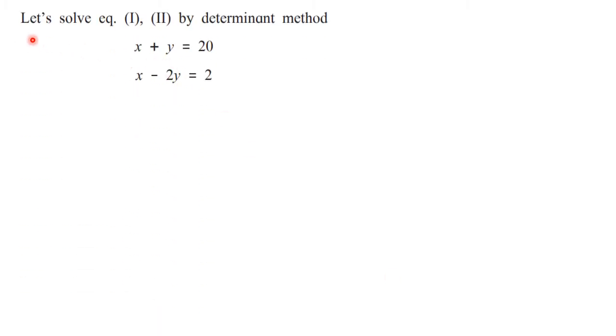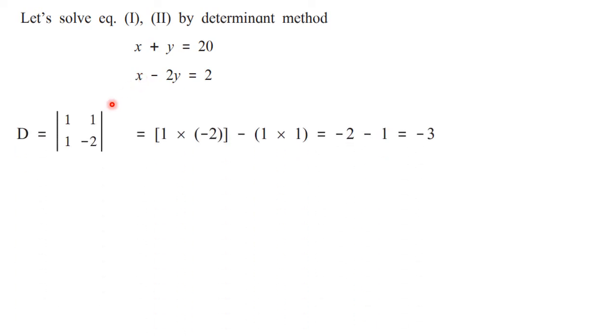Now they have written, let's solve equations 1 and 2 by the determinant method. So again the equations are written one below another, so that we can write down three determinants, D, Dx and Dy. You know, for D we are only seeing the coefficients on the left hand side. Okay, so let us write down the determinants. First is D. So here you see 1 and 1, which is written as the first row from the first equation, and here 1 and minus 2, that is the second row.